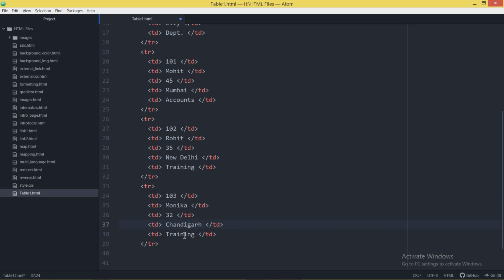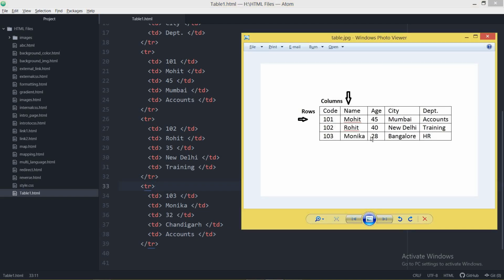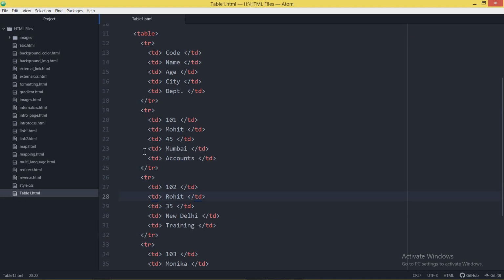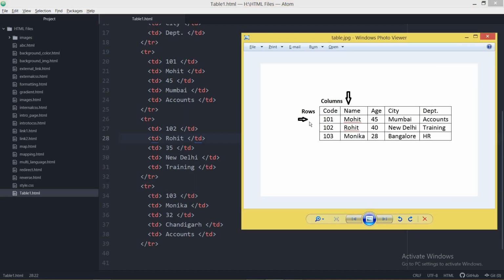And this is your department. Now I have completed the table. I have 4 rows, 1 2 3 and 4, and after that we have no more rows left.